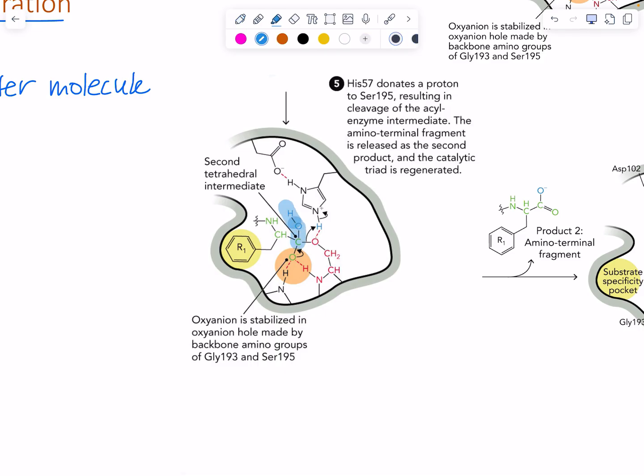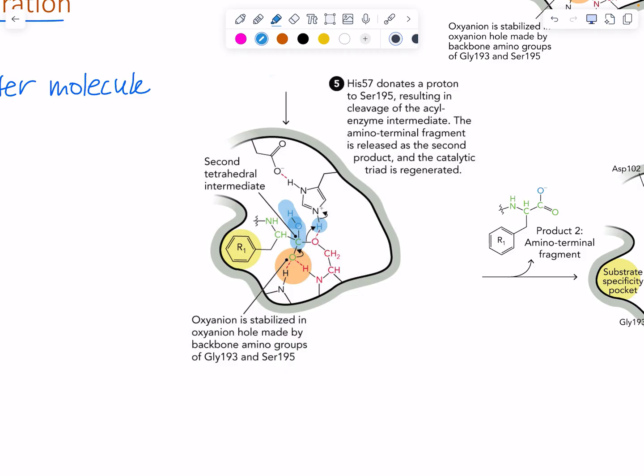Half of it winds up with the N-terminal fragment, making the carboxylic acid C-terminus of that N-terminal fragment, okay? And the hydrogen from that water winds up protonating that histidine residue. So, oh my gosh, now our histidine